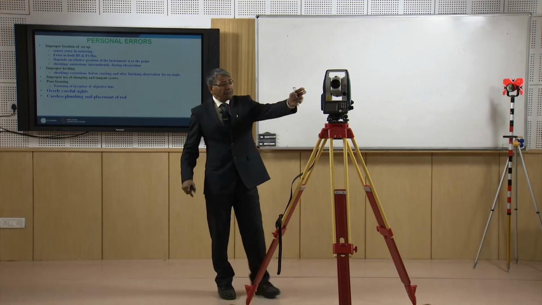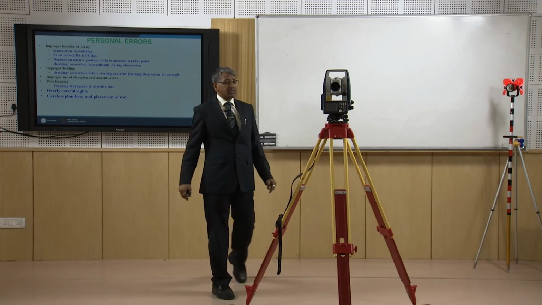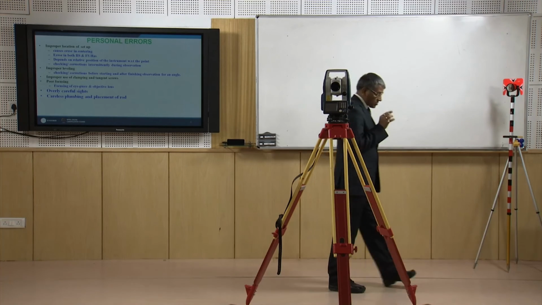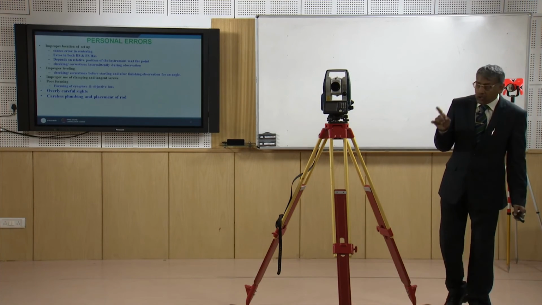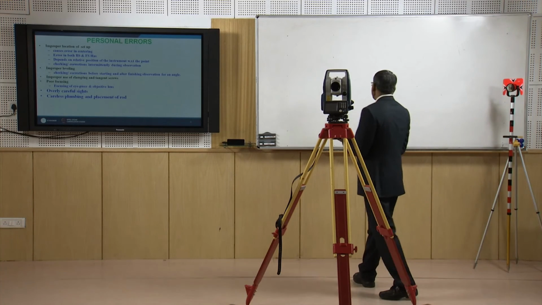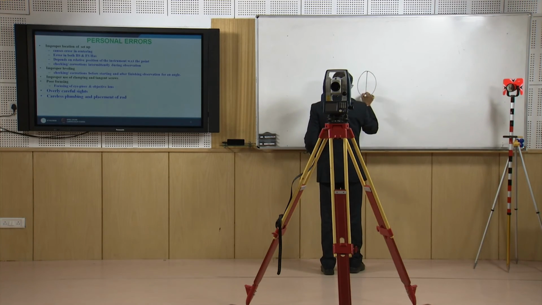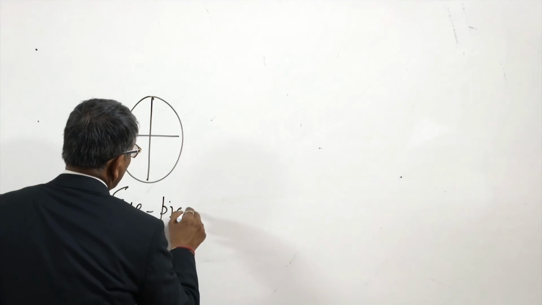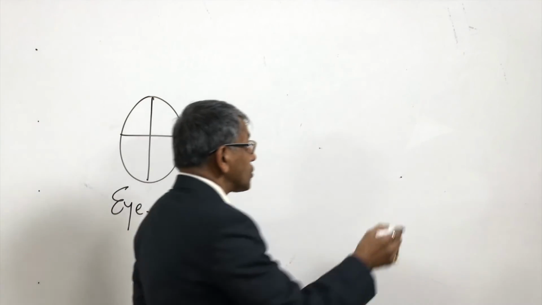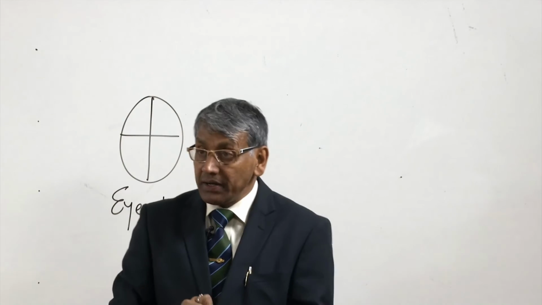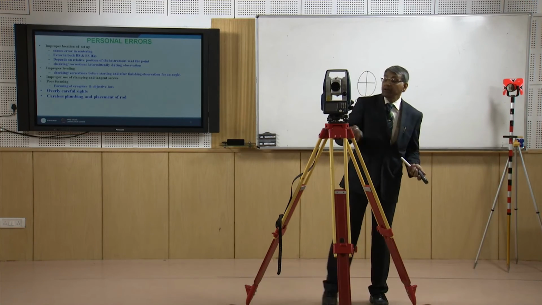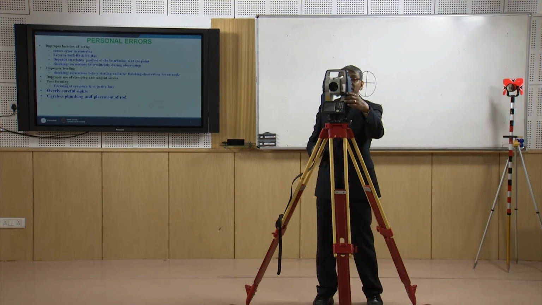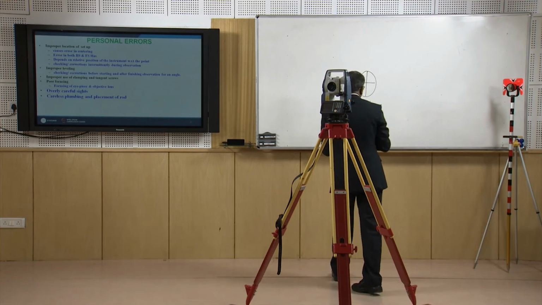Many times we fail to focus our lenses. As I told you, during temporary adjustment, first we should focus the eyepiece lens so that we see the crosshairs in the reticle clearly. This is the eyepiece lens focusing. Then we should orient our telescope towards the object and bisect the object, and to bisect it nicely we should use the focusing screw